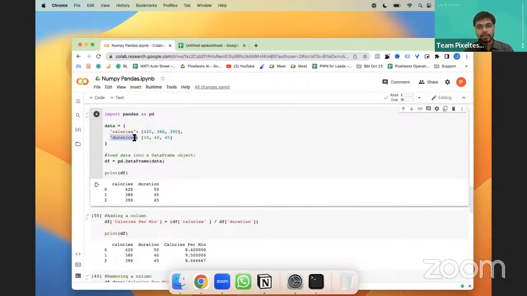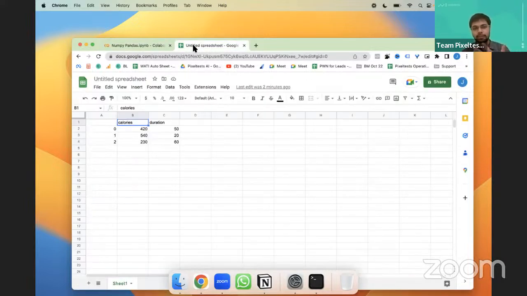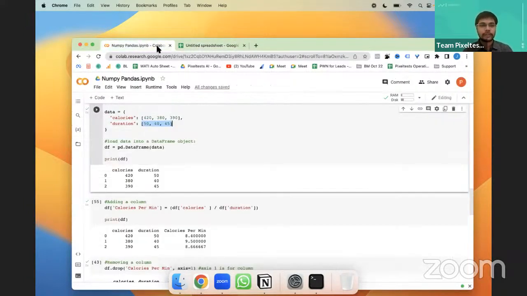Duration is the next column, and then you're going to have 3 values in it. So how are we going to make it into a table? A table in pandas is called a data frame, right? So basically we're going to create a data frame, in a simple understanding, a table.